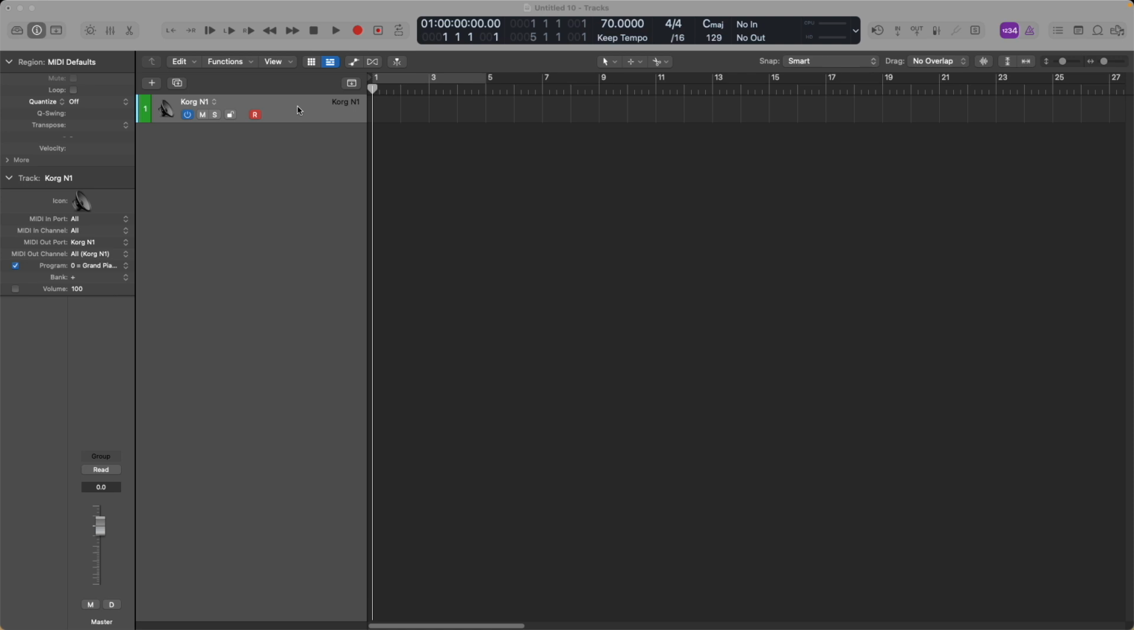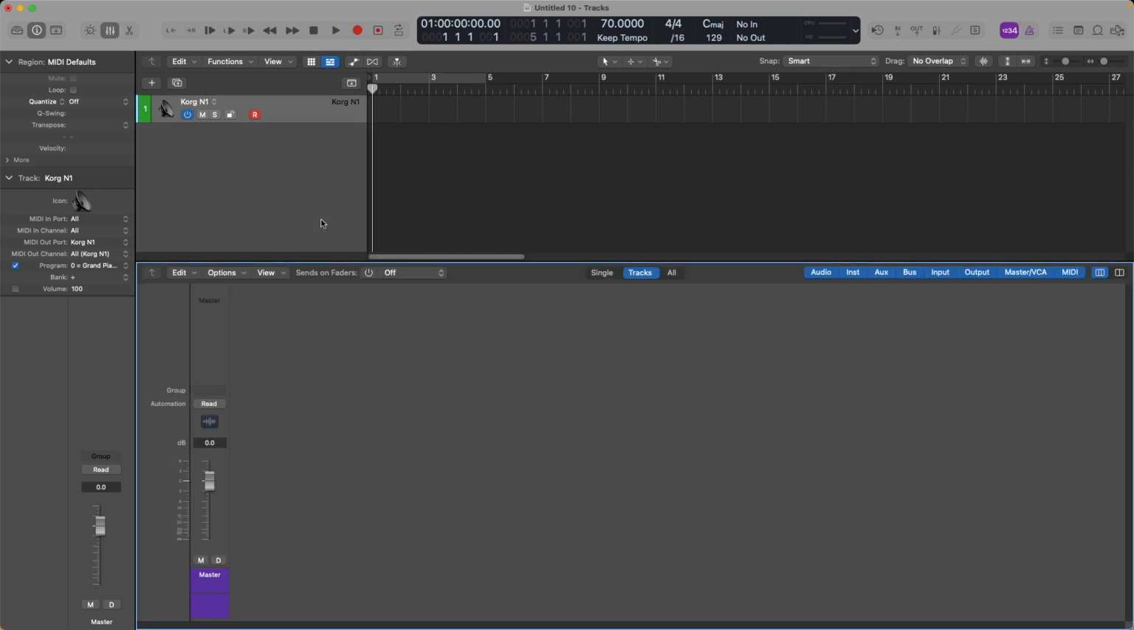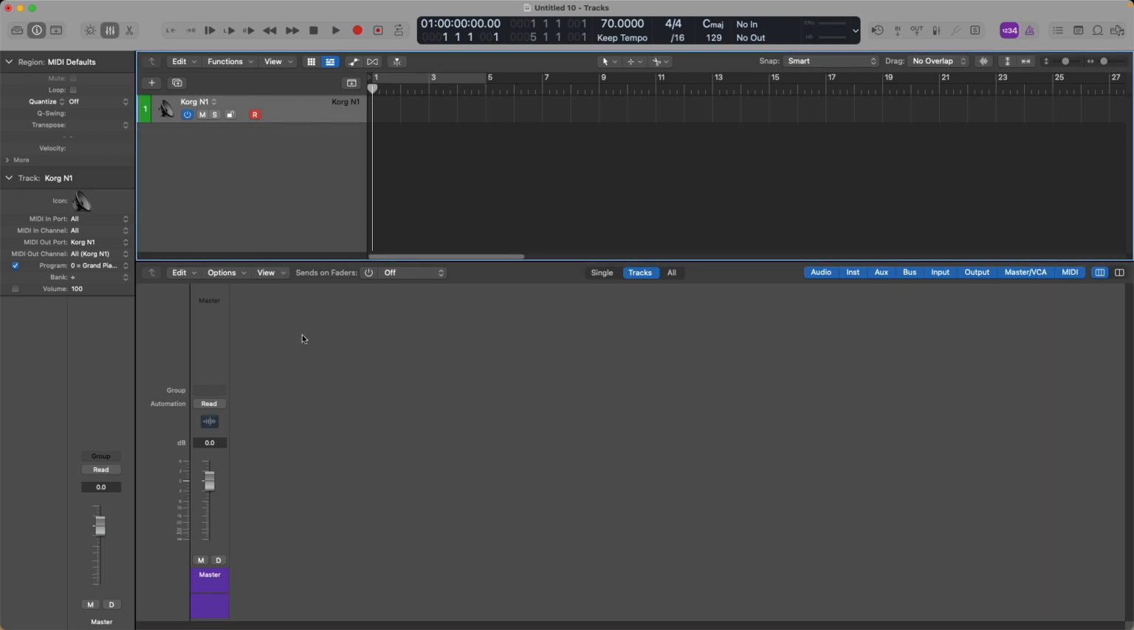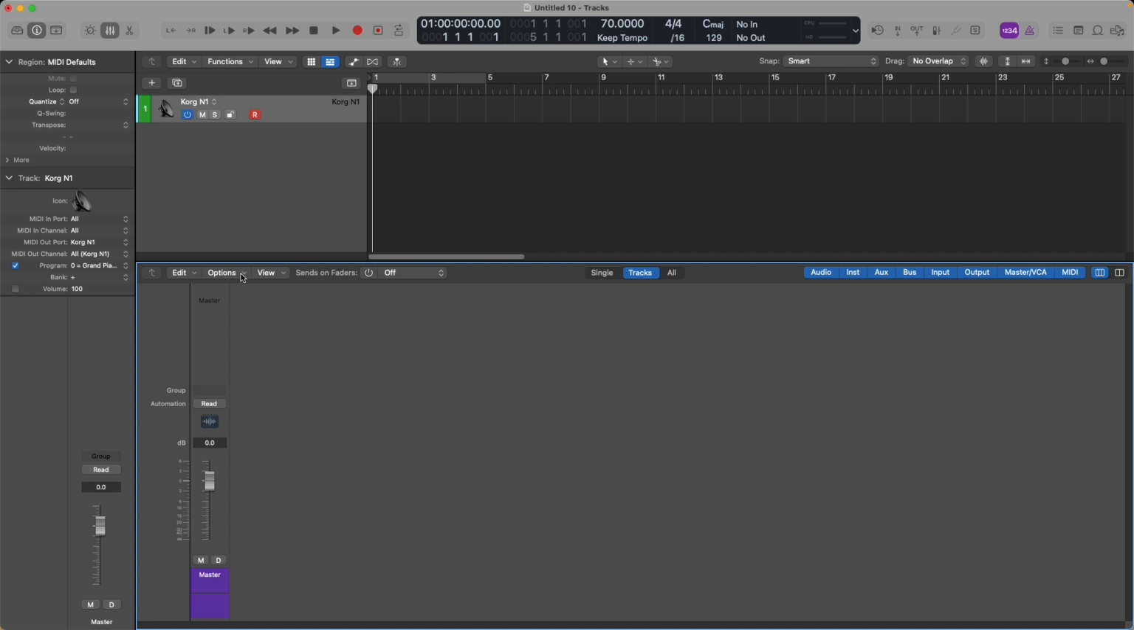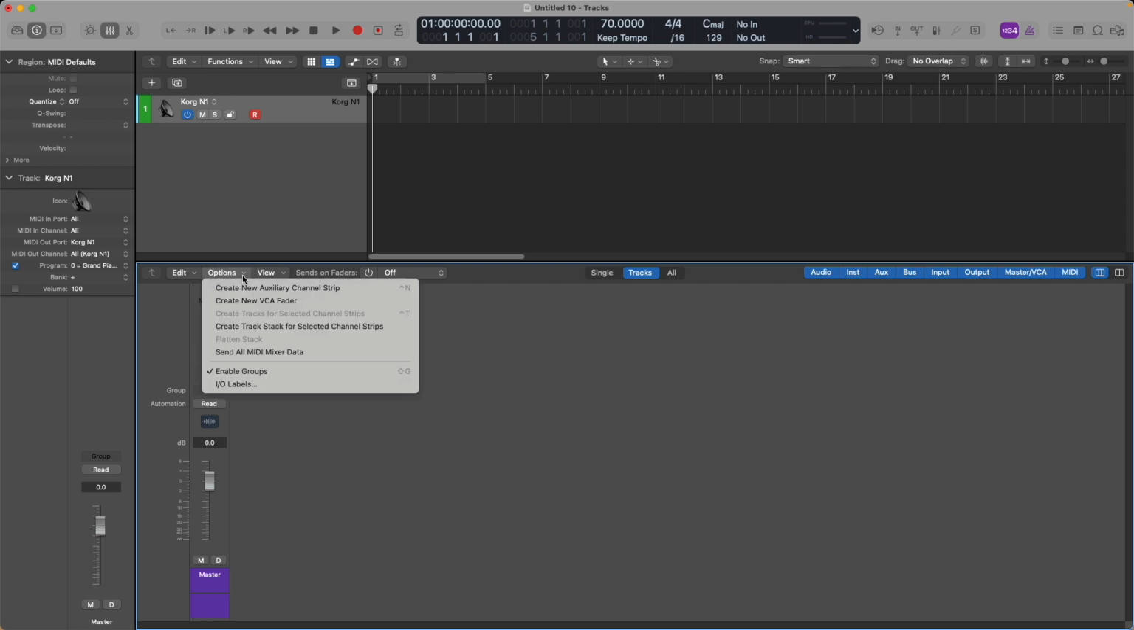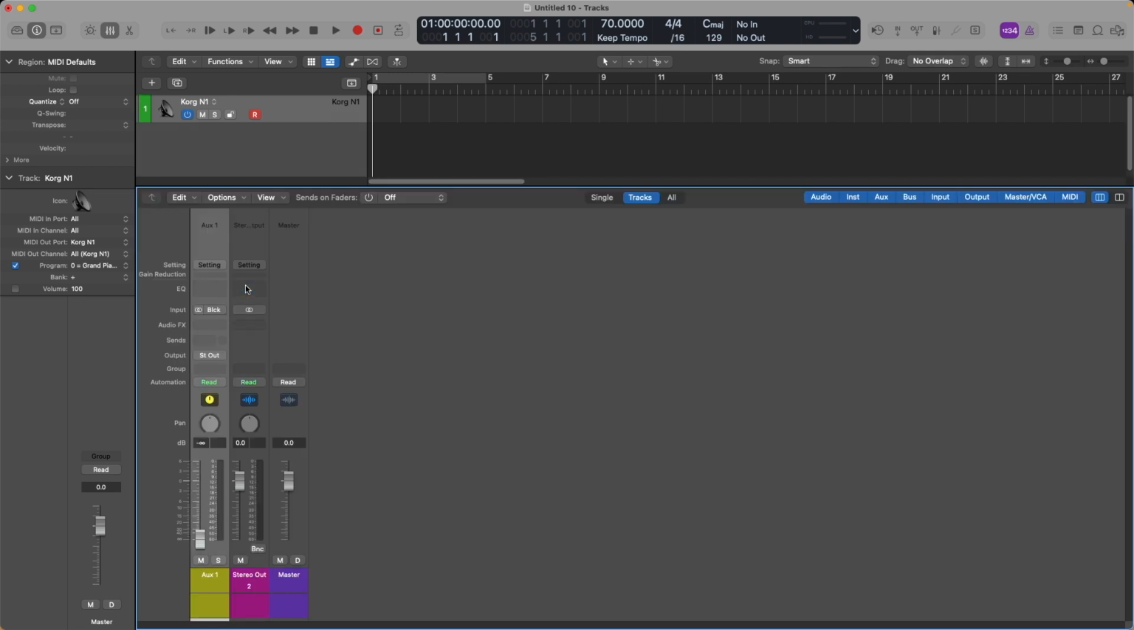So we could proceed from here and finish setting up our external MIDI, but when you start recording on it, you're going to be disappointed because there's no audio track. So I like to set up audio before I go any further. And to do that, you're going to hit X to open the mixer. Okay, and we are going to add a bus. So we're going to create a new auxiliary channel strip